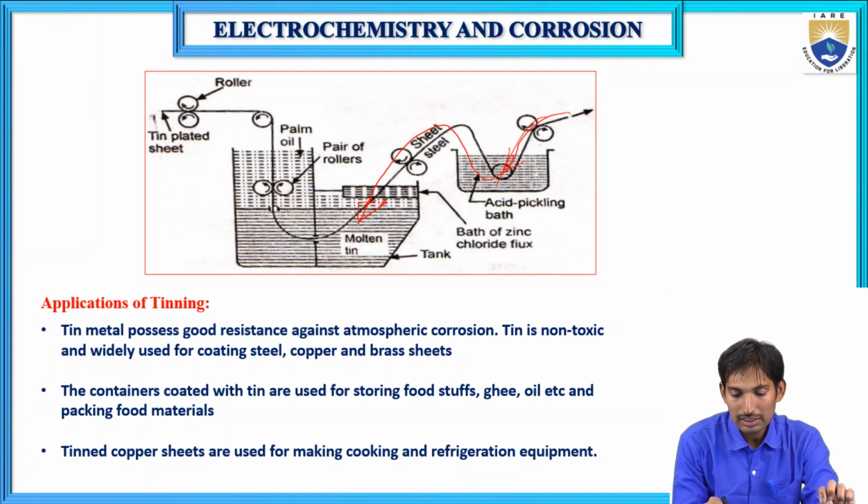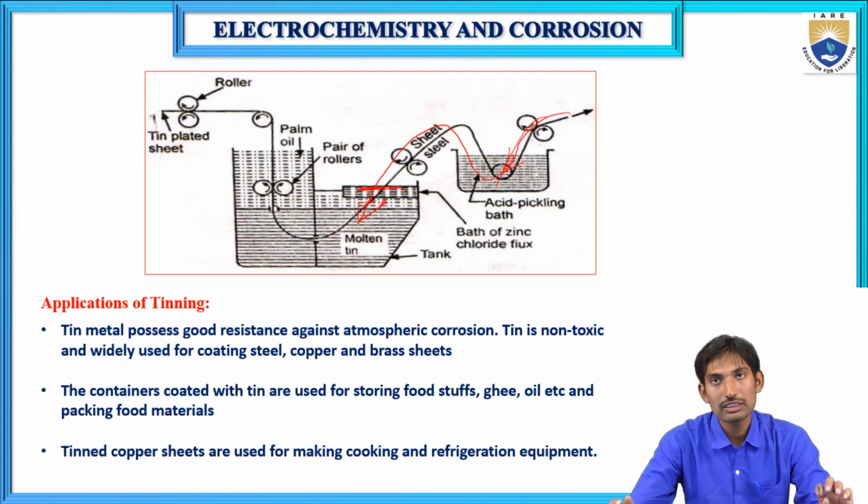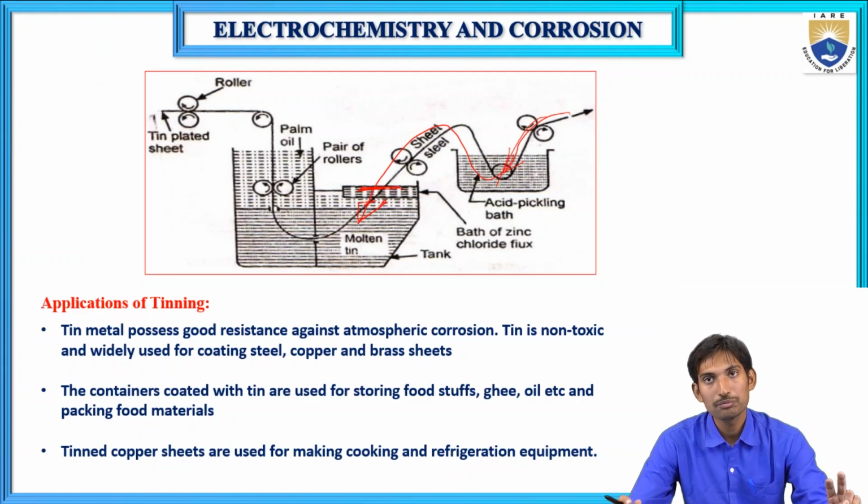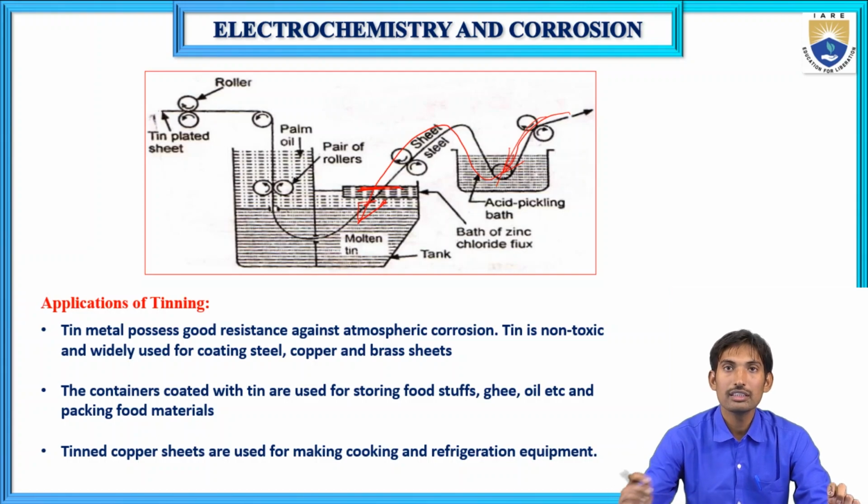The molten zinc is covered with ammonium chloride flux. First in tinning, what do we have to do? In the tinning process, we have to coat our base metal with zinc. Our base metal is coated with zinc. Then we have to coat this zinc coated metal with tin. That is called